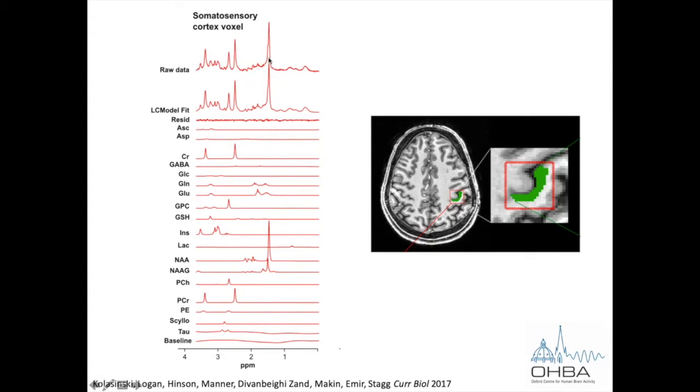And the height of those peaks broadly gives us an idea of how much of that neurochemical there is in this region of tissue. And this is really just a fit, an LCModel fit, which is the commonly used fitting tool for this data, but other fitting tools are available. What we can do is put in the neurochemicals we think should be in the brain, and it will do a linear combination of these basis sets and come up with putative concentrations for each of the chemicals. And in amongst all the things we might be interested in, we can get glutamine, glutamate,